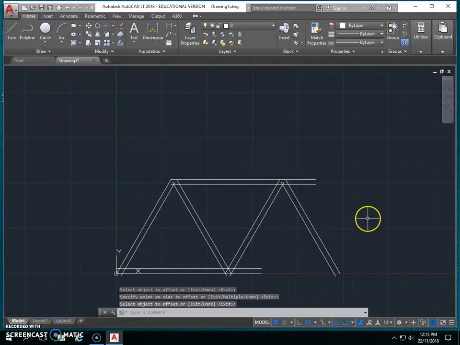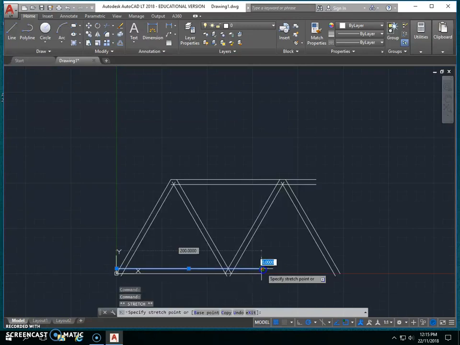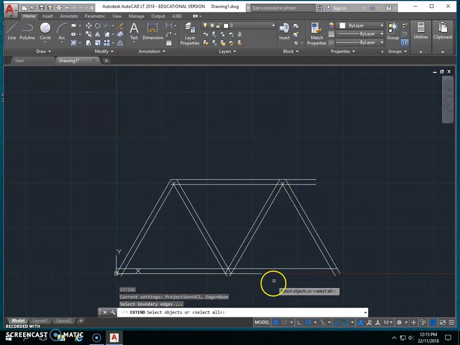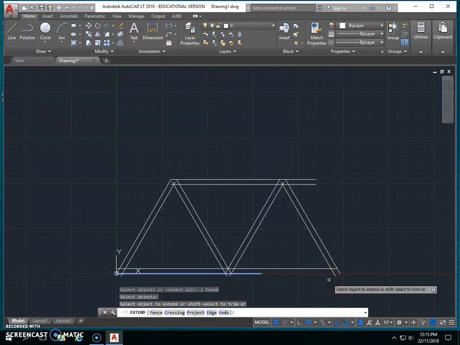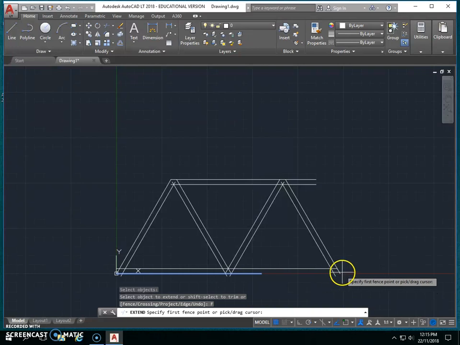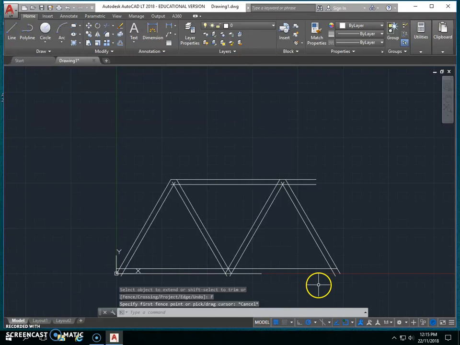Now, what I need to do now is I need to trim or extend my lines. Now, if you've escaped so that there's nothing selected, no command, you can now actually extend pretty easily in AutoCAD. Back in the day, though, what you would do is you would use the extend command, which is EX, and it'd say select objects you want to extend, boom, okay, and then I want to go to a fence, and the fence is the distance that I wanted to choose. Actually, I wanted to extend to an object, I tell a lie. So EX, select object, boom, and then I want to go to